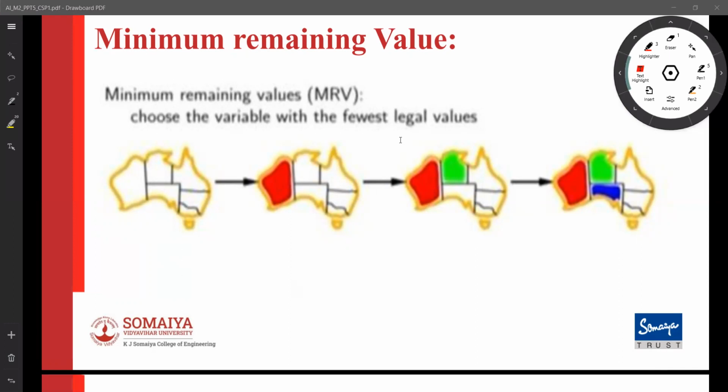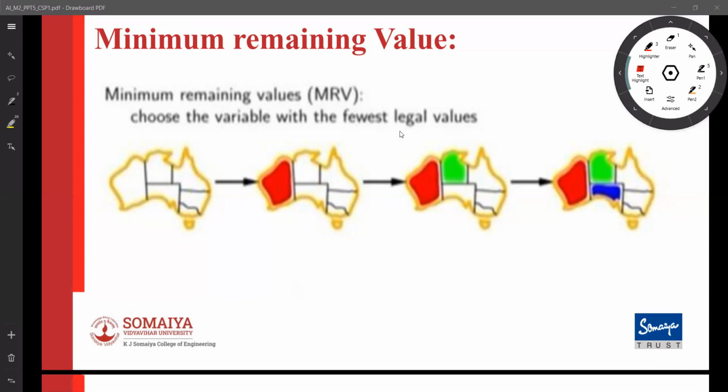What are the possible values each variable has? Suppose one variable has only two possible values, then we will take that variable first. Or if one variable has only one possible value, then we will select that variable first. That comes with the first important idea, minimum remaining value. We have to choose the variable which has the fewest values remaining.